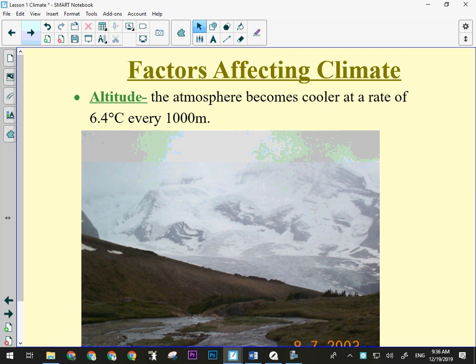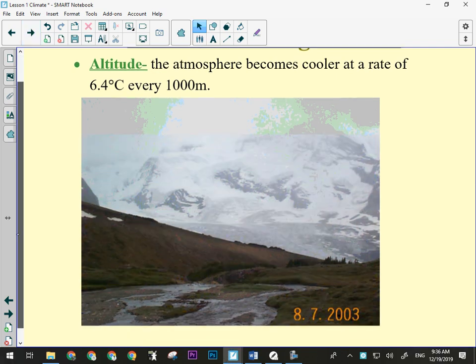If you've ever spent any time backpacking or climbing in the mountains, this is very evident. My father and I did a backpacking trip here at Mount Robson, the highest peak in the Canadian Rockies. This picture was probably taken before you were born, but this is July 8th. You can see where we were. There wasn't any snow; it was raining.